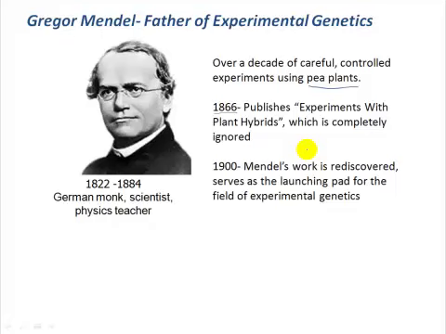So Mendel did over a decade of very carefully controlled experiments studying the inheritance of these different traits in pea plants, and in 1866 he published this very important seminal work regarding genetic inheritance called Experiments with Plant Hybrids, which was virtually completely ignored at the time. Nobody really understood its significance, and it really didn't shake up the world of genetics and the natural science community at the time. He died in 1884 without his work ever really being recognized for the importance that it really exhibited,